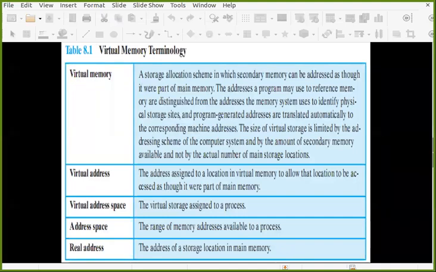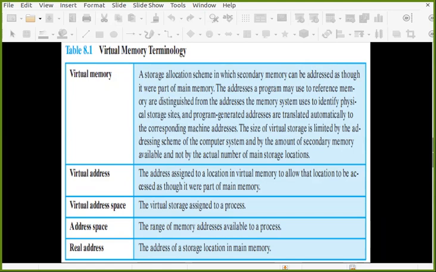Then there is the virtual address. The address assigned to a location in virtual memory to allow that location to be accessed as though it were part of main memory. So whatever addresses you have in your virtual memory are called virtual addresses. The virtual address space means all the virtual storage assigned to a process.